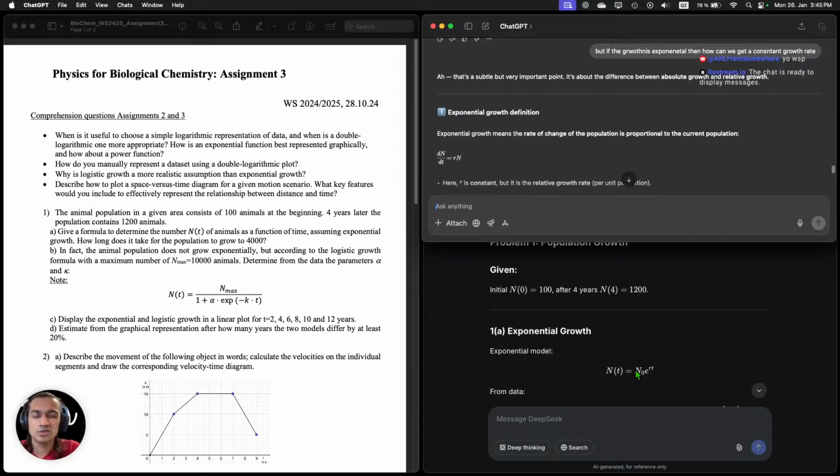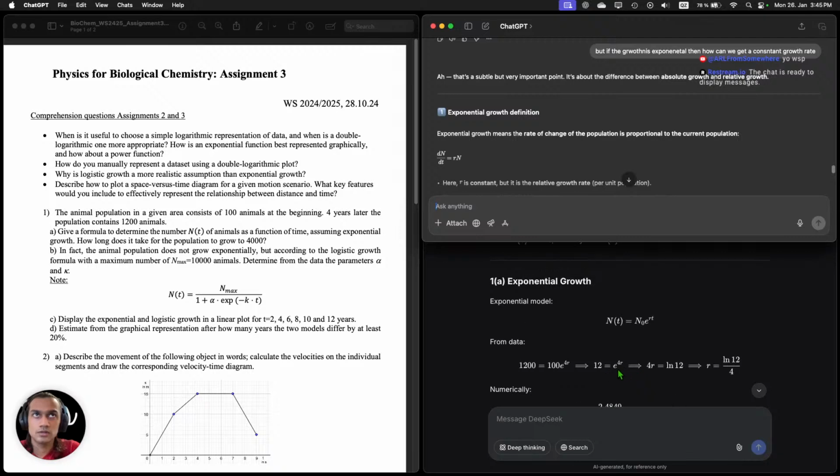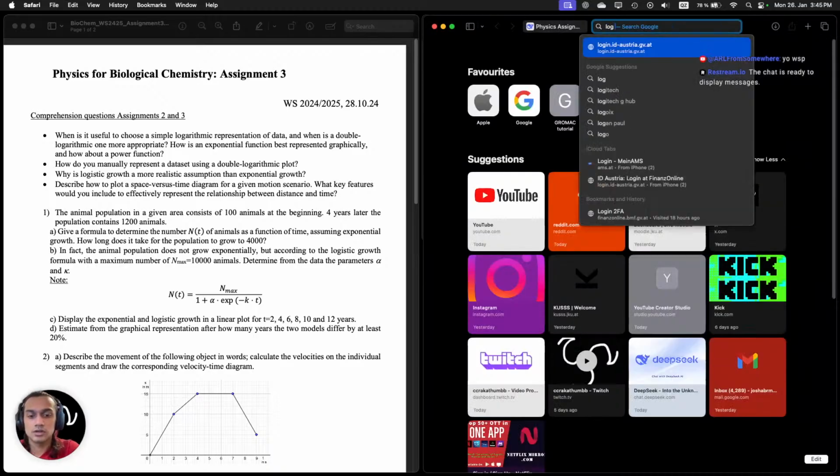Now, how do you go from there? 4R, okay, so converting e to its exponents, you just log both sides. Log of